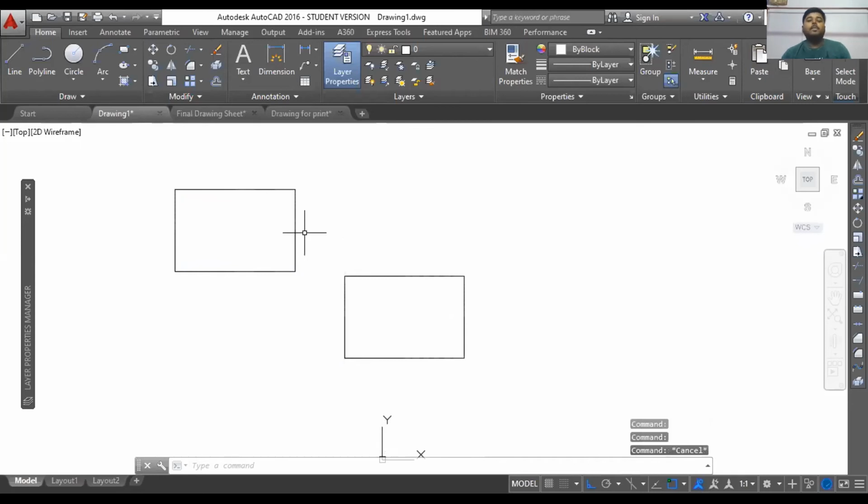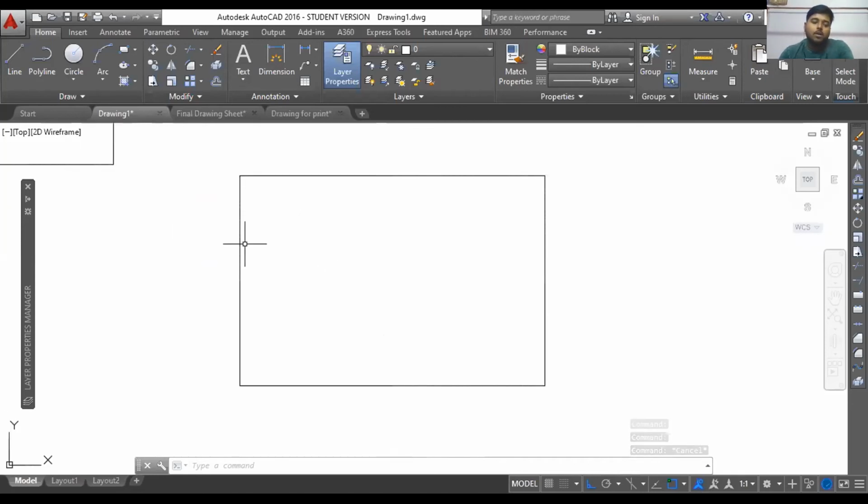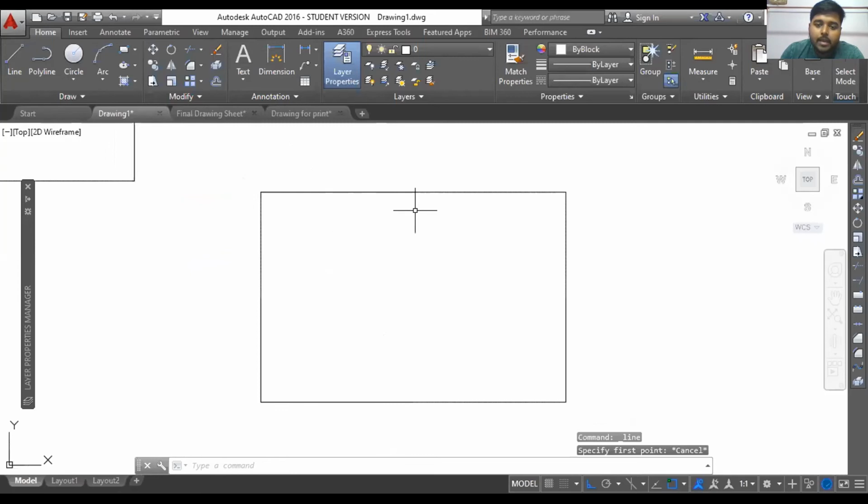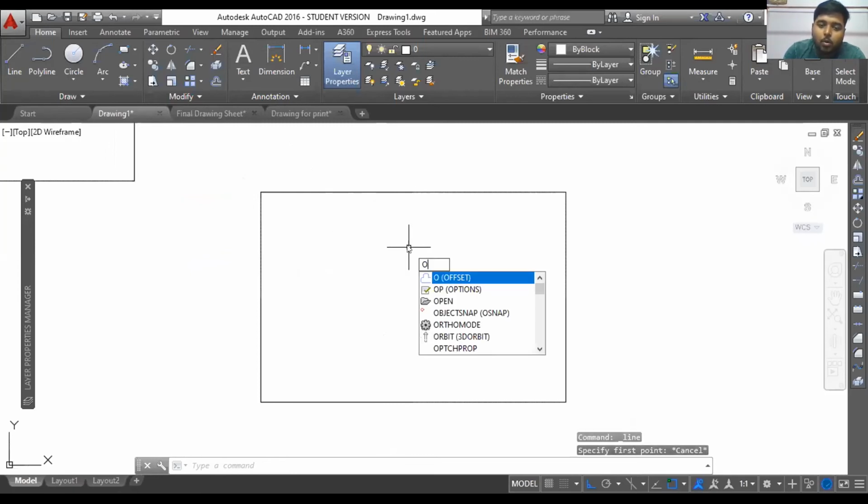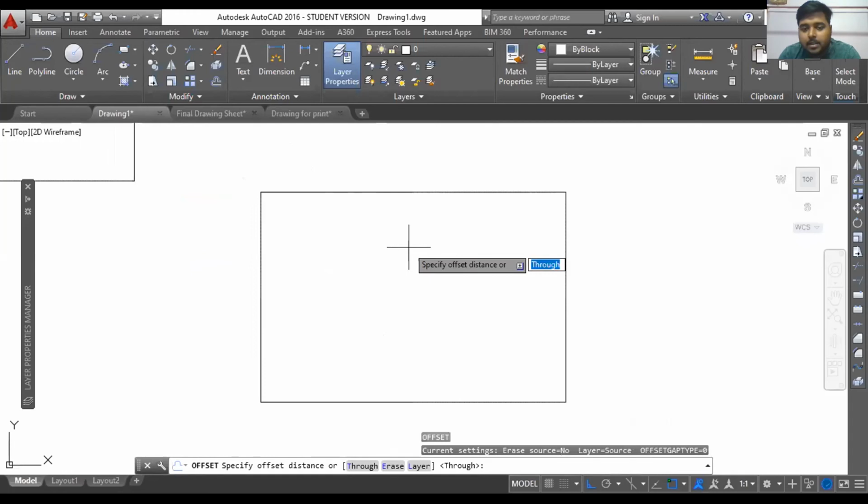So this is the thing. Now if you are plotting, for showing the exterior wall, you can use the offset command, O enter. It will ask you to specify the amount of offset you want to create. Let's say in our case, as it is a 10-inch wall, 10 inch is basically 254 millimeters, but for convenience we use 250 mm, so we compromise in that case. So whatever, we are using 250.